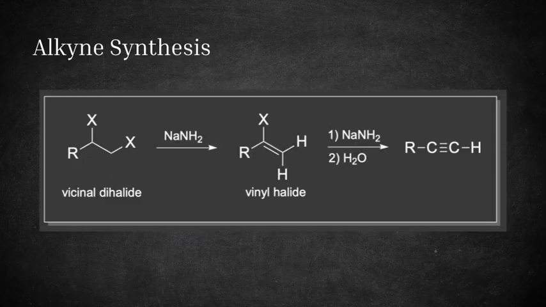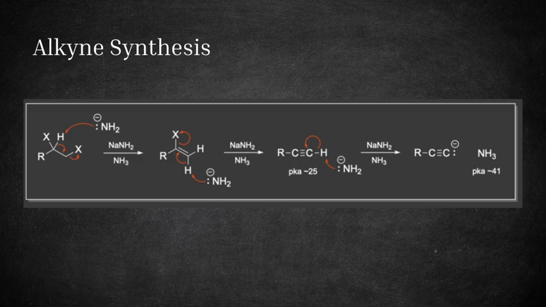For example, a vicinal dihalide, where vicinal means on adjacent carbons and di indicates two halides, reacts with one equivalent of a strong base to produce a vinyl halide. This intermediate then undergoes a second E2 elimination with another equivalent of base to give the corresponding alkyne. Sodium amide, NaNH2, in ammonia is commonly used as the base in this reaction due to its strength. In the first step, sodium amide deprotonates a beta hydrogen in an E2 mechanism, resulting in the formation of a vinyl halide intermediate. In the second step, a second equivalent of sodium amide facilitates the elimination of the remaining halide,